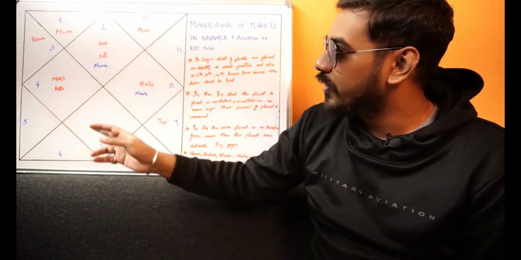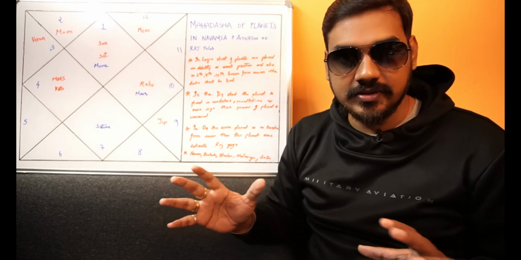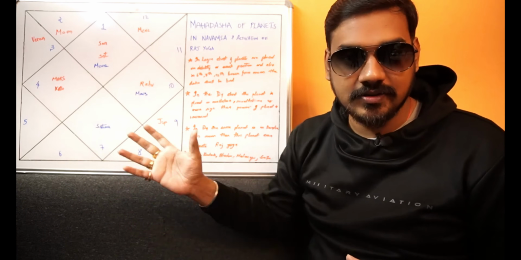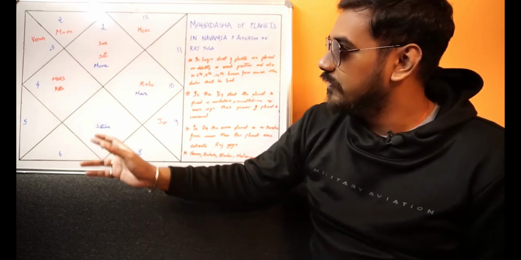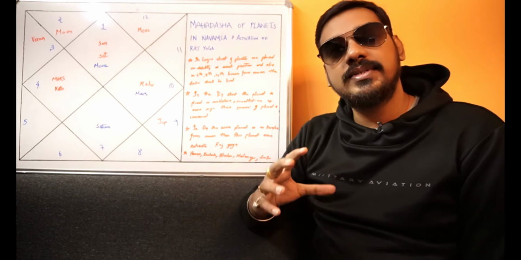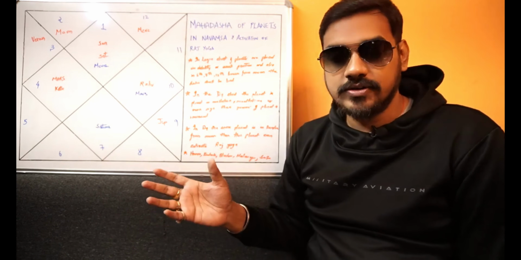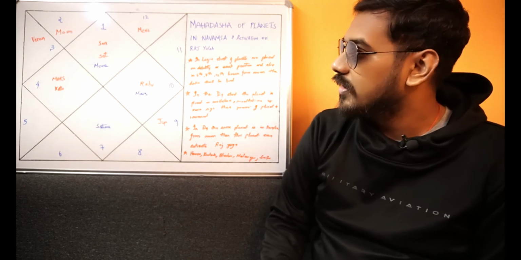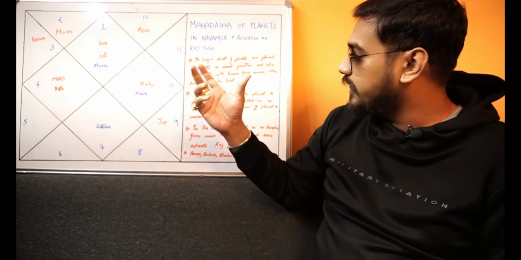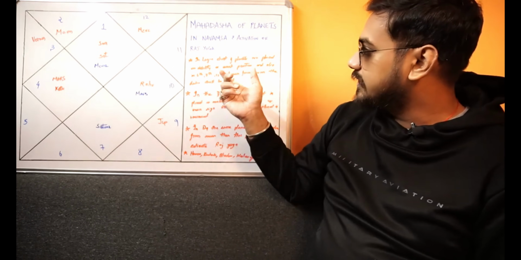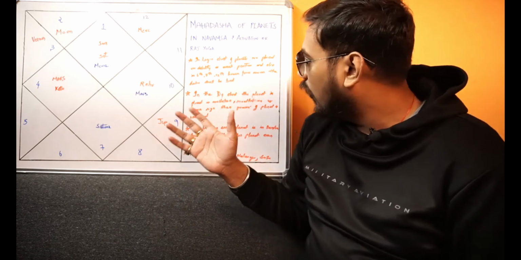Okay. So because of it, we are considering, alright, this is not the actual chart of a person, I have just written it for explanation purpose. We are considering that Aries Navamsha is rising in the Lagna chart also and the Navamsha chart also. Okay. Now, the first point is that in the Lagna chart, if the planets are placed in debility or weak